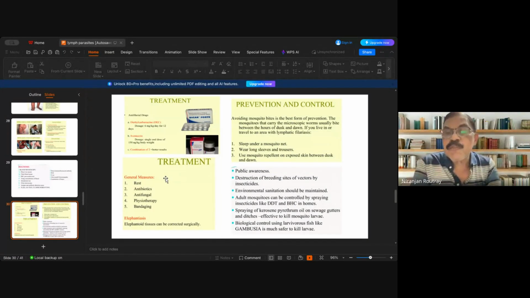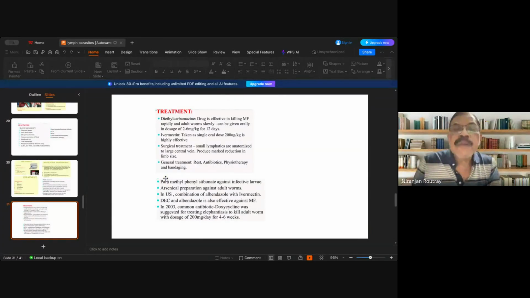So insecticide spraying can also control. Just remove the bushy area, which are the region where they hide during the daytime. So don't allow the bushy region to grow surrounding your home or house, and don't allow any utensil or ignored object which will collect water and will favor a breeding place for the mosquito.